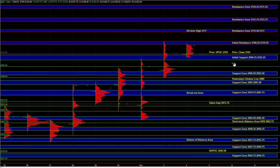It does not impact the bigger picture bias at all. On the larger time frames, the support zones below 99 quarter are still valid, and they can still attract responsive buyers on first test. So in the event that we break below 99 quarter, we can go down to 95 half and 90 half to 92 half, and every support zone on the way down can attract responsive buyers on the day time frame, and it can even be a zone where the market completely reverses and goes back up towards 99 quarter to 02 quarter and back